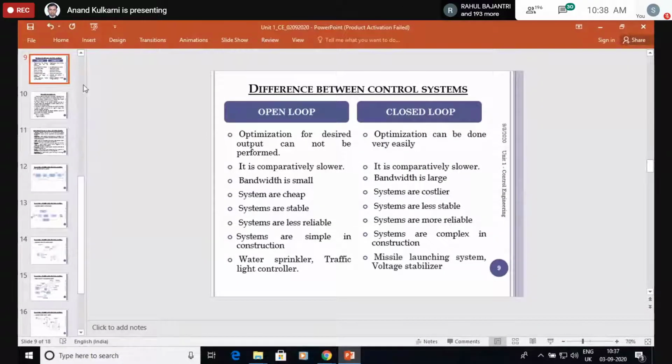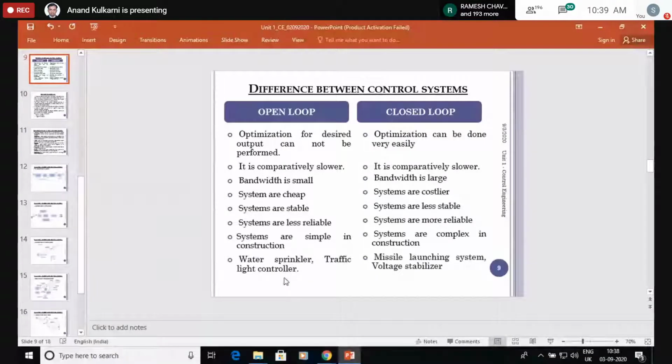So I will finish up with the other points, such as cost and so on. Stability is the problem in the closed loop system. The open loop system is less reliable, because it has no feedback. The closed loop system is more reliable because there is feedback. Open loop systems are simpler in construction, design and operation, whereas closed loop systems are generally very complex in design and use. Sometimes training is required for closed loop control systems, whereas in open loop systems it is not.